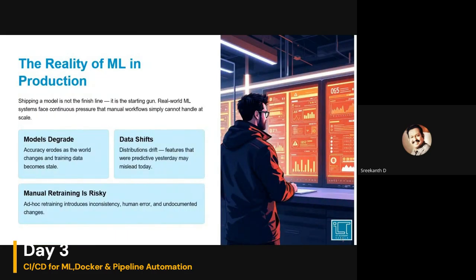Again, the reality of ML in production. Whenever you are thinking about an application hosted on any of the production servers, it is up and running. Either it can be a scalable application, or it may be one of the recently developed projects. If it is in a production environment, it may not be